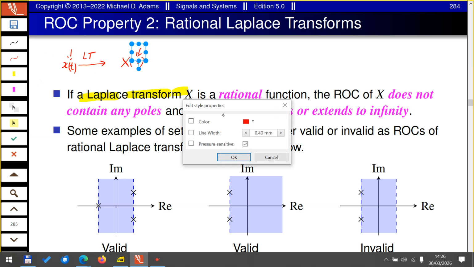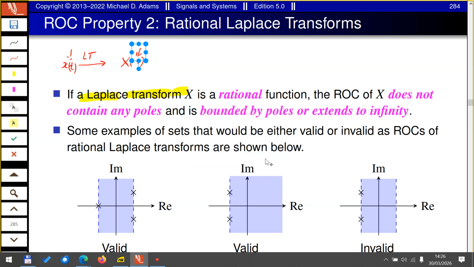So now the thing is, in most cases, if you can recall it from some previous courses, the Laplace transform will be in the form of a rational function. You will have some polynomial in the numerator and some polynomial in the denominator. And you will also remember that that can be factored as well somehow. You can have these factors as well, right? Because any polynomial can be factored. So whenever the Laplace transform is a rational function of this form, okay? Rational function means that the numerator will be a polynomial and the denominator will be a polynomial. Then the ROC